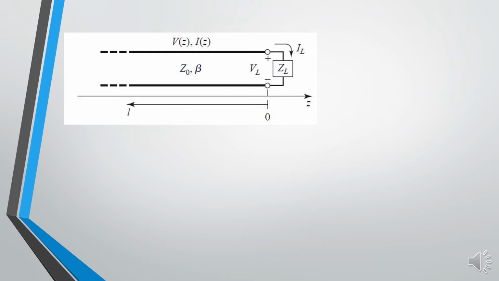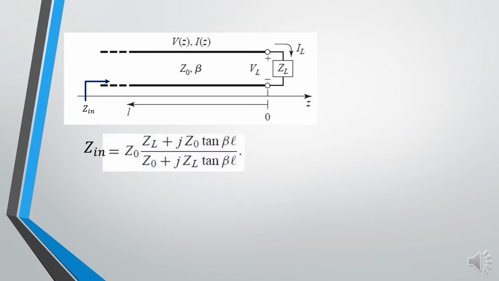Now at the input end, or the generator end, from that side we can calculate the impedance, and that is termed the input impedance, or Zin, right? This transmission line has a few basic properties like the characteristic impedance. I have already discussed the definition of characteristic impedance in my previous video, and also beta, the phase constant, right? Now this transmission line has a length L, and the wave propagates along the positive Z direction.